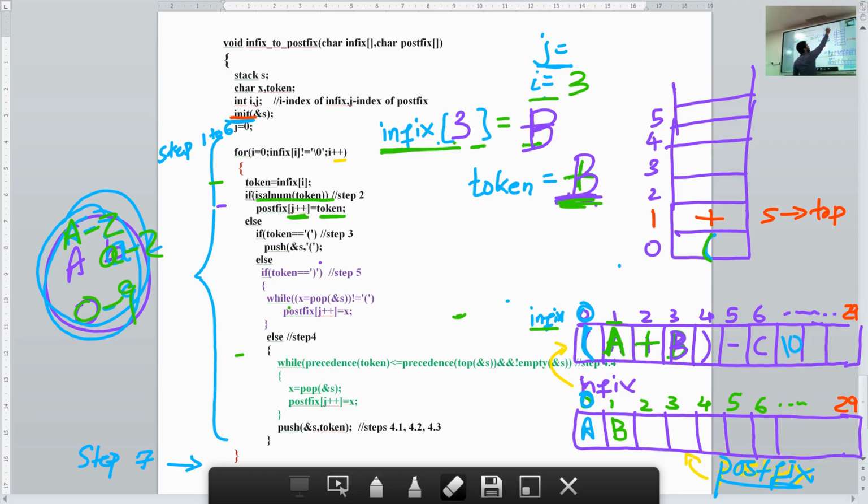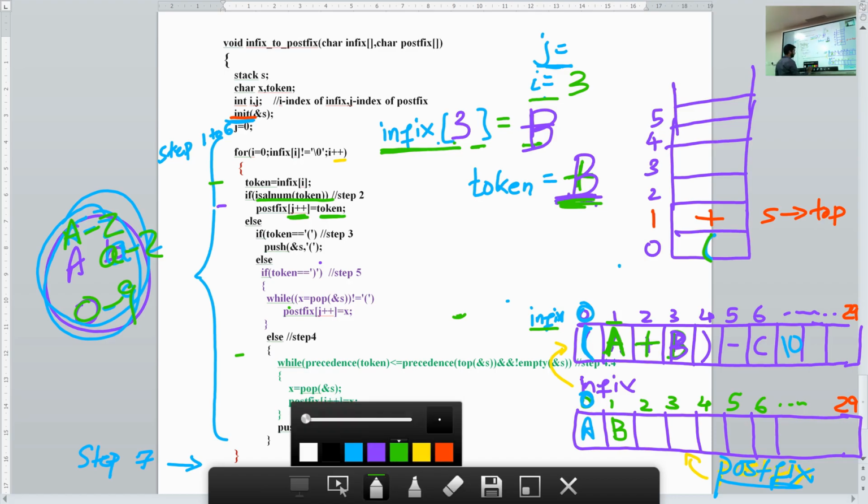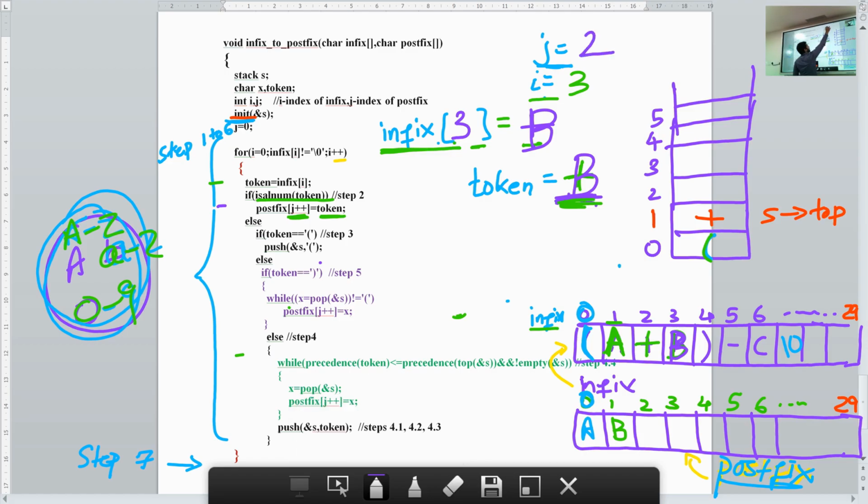So j value will change from 1 to 2. Okay, because of this step. Since we have done the if part, the else part is not executed. This entire else part is not executed. So we come to the for loop. Okay, so that means we come here and increase the value of i.